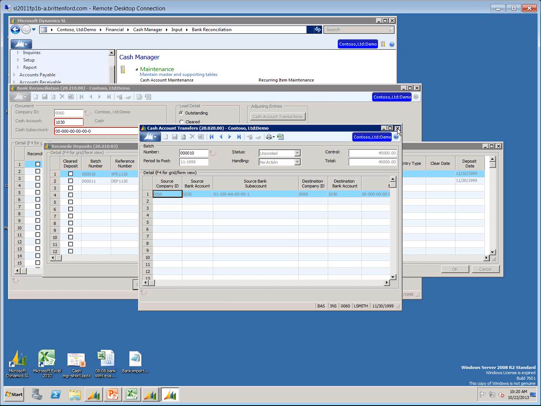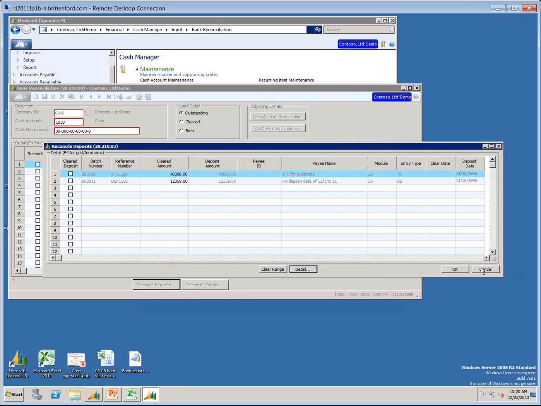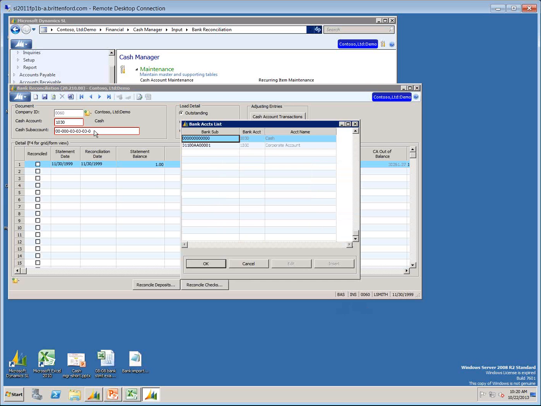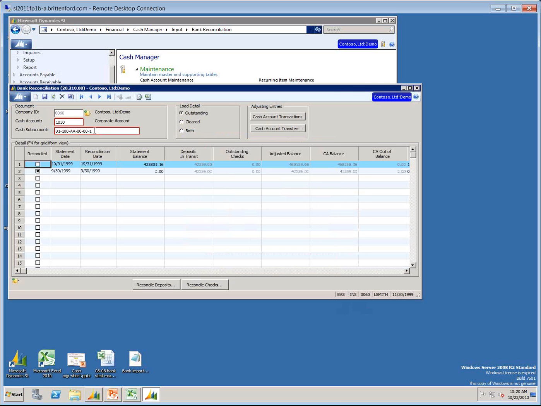So I really do like inquiry screens as well. I'm going to say cancel to that. I don't have any outstanding checks, so I'm just going to save this for a moment. And I'm going to look at the other account, because I know this one has